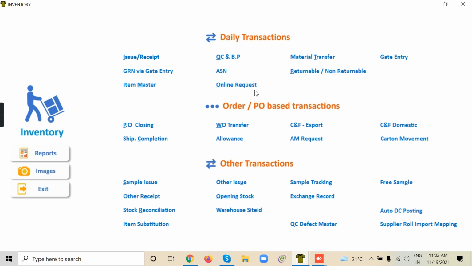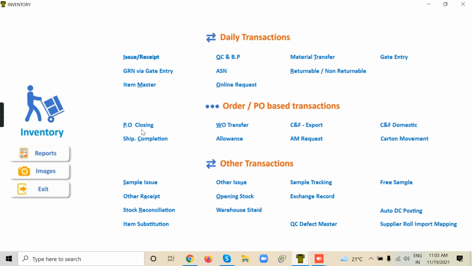There will be a track of who is requesting the material and to whom the material is sent. This is for non-fabric, non-trims, or for all general materials. If a user department wants some consumables, they can make a request for it, and after approval of that request, the material can be issued. So that is online request.